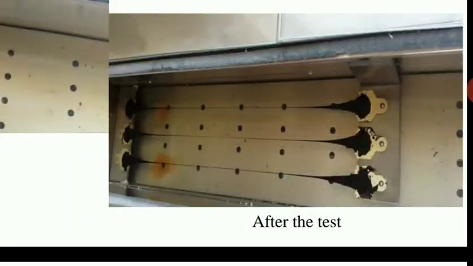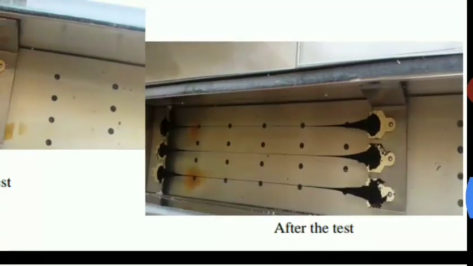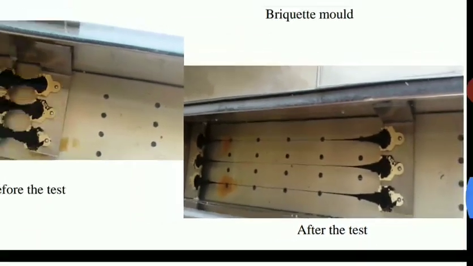So after starting the machine, the standard pulling rate is around 50 plus or minus 2.5 mm per minute. I mean 5 centimeters for every minute. So every minute it should pull around 5 centimeters. So like that we need to set the rate of pulling, and then here you can see this is how the test process will continue.